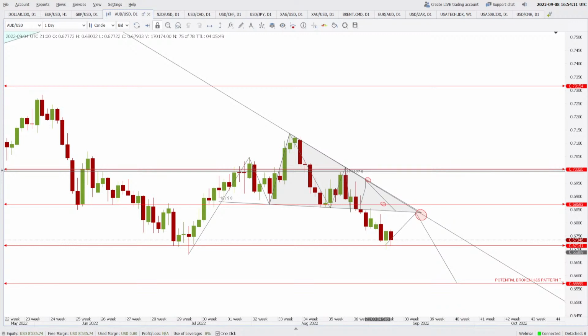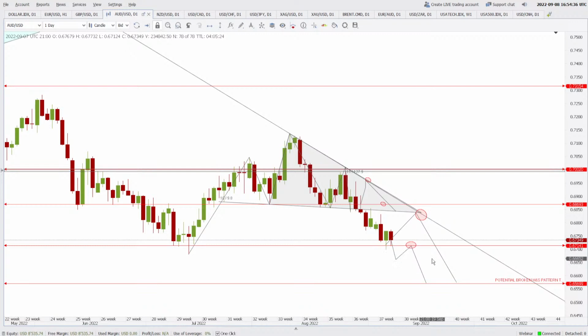Now there are two possibilities. Either the price goes up. If the price goes up, we get another selling opportunity near this area, because this is a confluence of many resistances. And if it goes down, we get another selling opportunity like this. I will show you. There's a possibility that something like this will happen. If something like this happens, we'll look for a selling opportunity here.